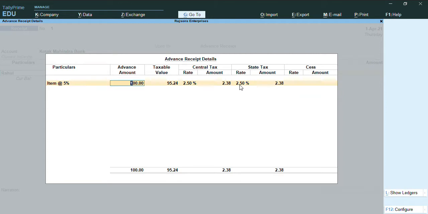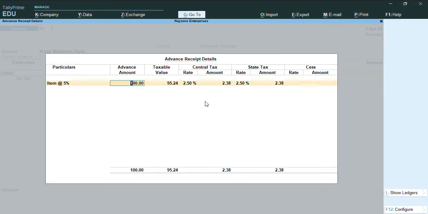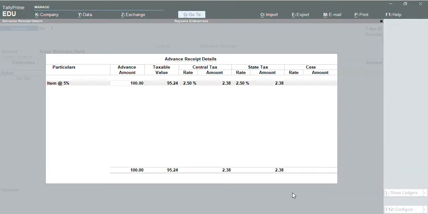We can see the taxable value as well. So we will make a note of our taxable value. It's 95.24, and the tax for CGST is 2.38.